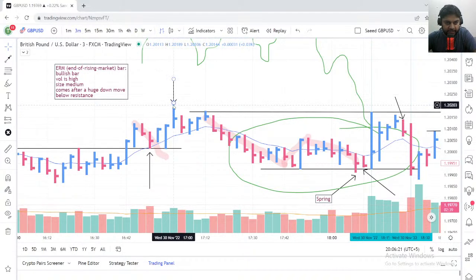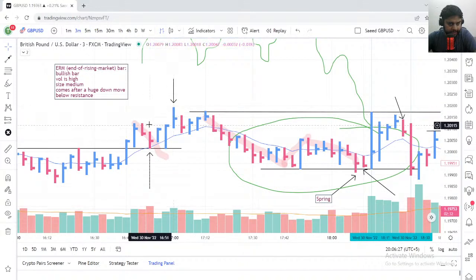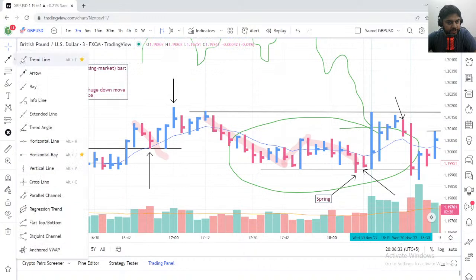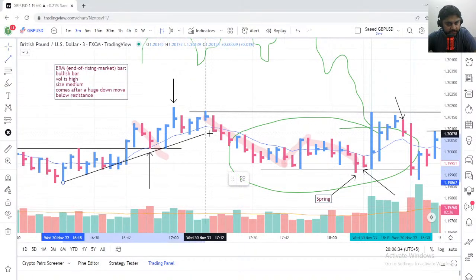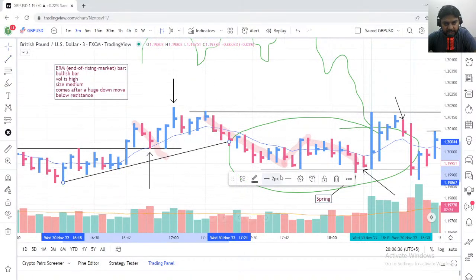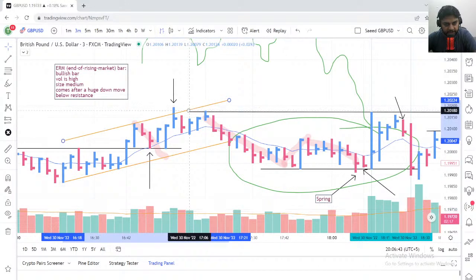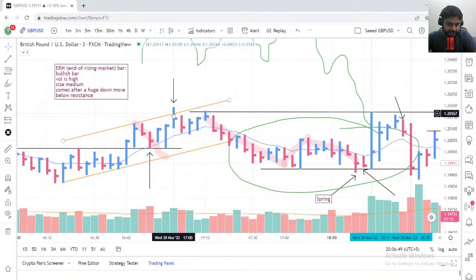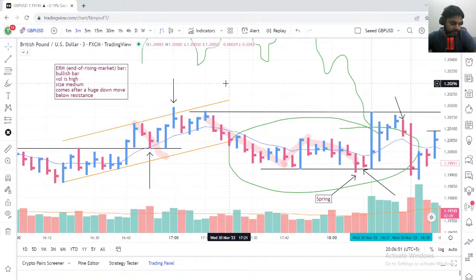So this is ERM bar. Why? Because the volume is ultra high. The volume of this bar is ultra high, right? And it comes after a down move. So the market is already exhausted. And why do I say that market is exhausted? Because you can see that the trend channel, the market is gonna be overbought in the trend channel. Look at this now. You can see the market is overbought over here, right?